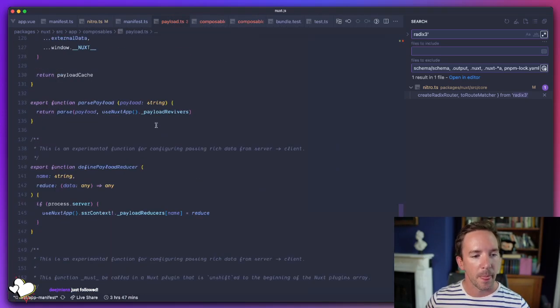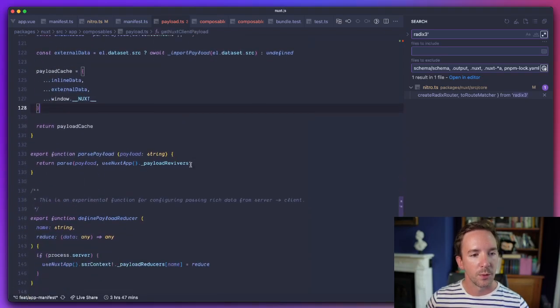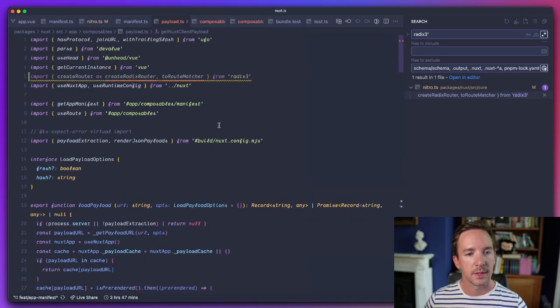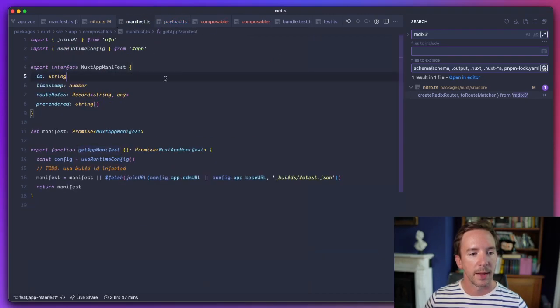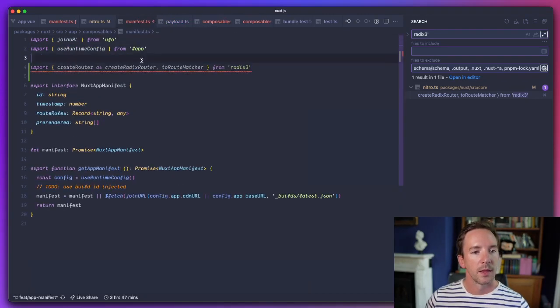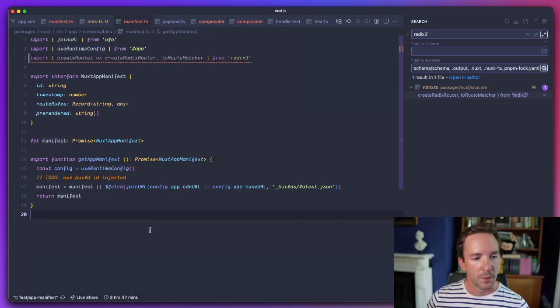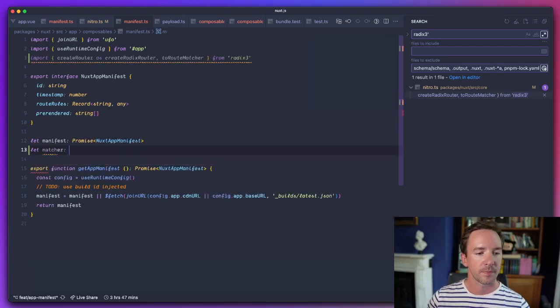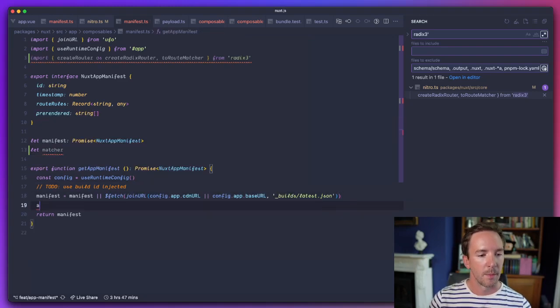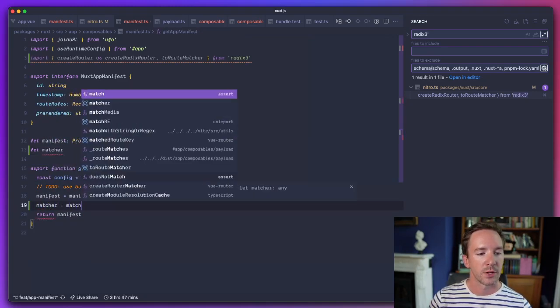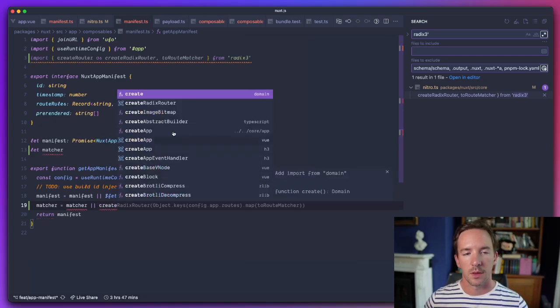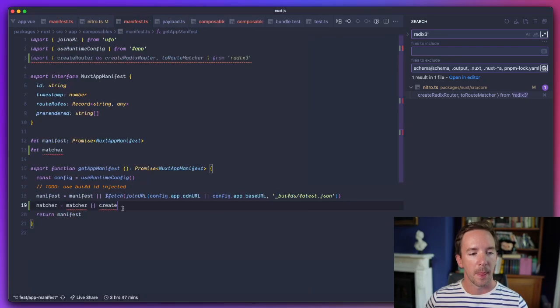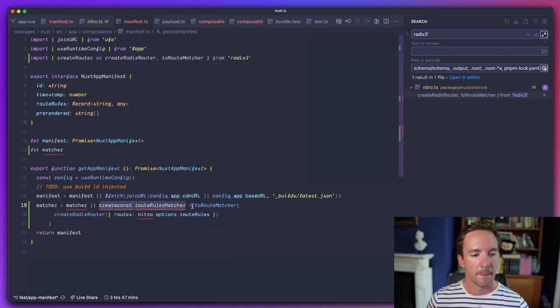So basically what we would do is, and maybe we'd do this directly in the manifest file. So we would say this, let matcher, and matcher is matcher or